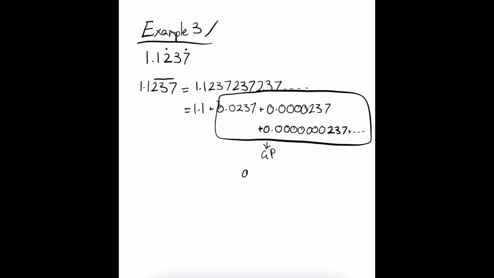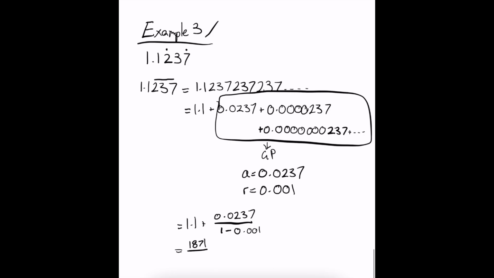So this is our GP with our A, our first term, as 0.0237 and our common ratio as 0.001. And remember, we figure that out by taking our second term and dividing it by our first one. Now when we want to evaluate this, it's equal to 1.1 plus our infinite sum, which is A on 1 minus R. So when we plug in the relevant values, we get 0.0237 on 1 minus 0.001. And when we evaluate this and plug it into a calculator, what we end up getting is